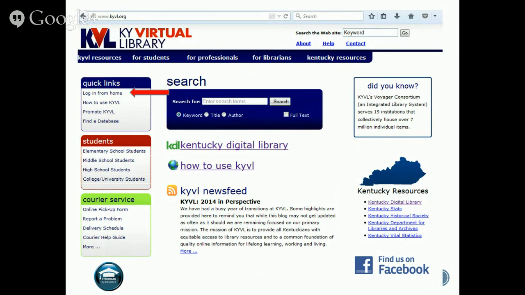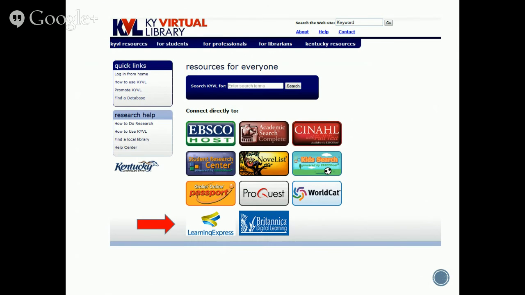You can call the Murray State Information Desk. We'll be glad to give it to you. Or if you know one of your high schools may have access to it also, and you'll just get to it that way, and then up will pop a screen to put in the username and password when you click that link. Once you do that, you'll see this screen and you'll click on Learning Express Library,